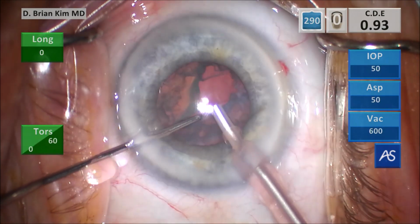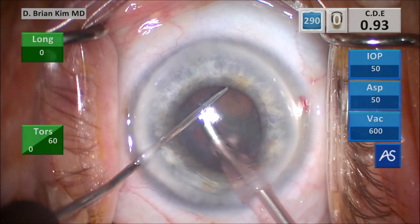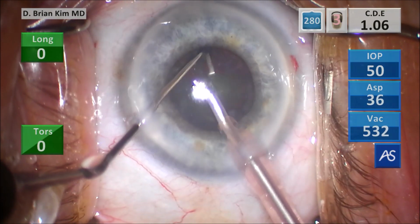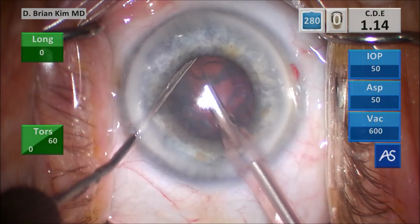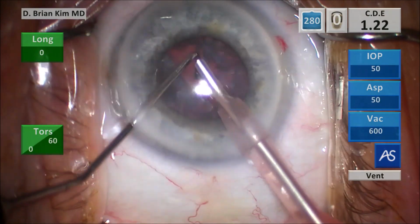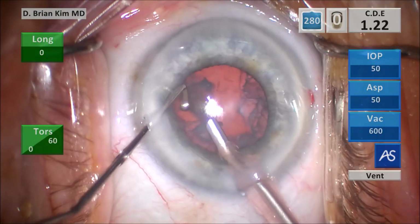Lens disassembly is fairly easy, and so I'm not really worried about zonulopathy and having to utilize a lot of ultrasonic energy in these cases. So I really feel very confident I can disassemble these lenses quite safely without using a device to expand the pupil. So hooking that last fragment up and then emulsifying it, grasping the epinucleus anteriorly with the phaco tip,